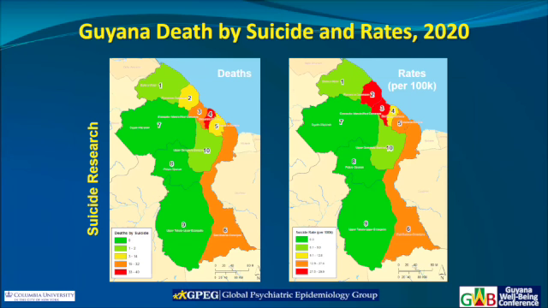So for example, here's suicide deaths in Guyana in 2020. The deaths map shows that region 4, which is where Georgetown is located, has the highest number of cases. That's true. Regions 3 and 6 have the second highest. Regions 2 and 5 have the third highest, and then it's fairly green in the rest of the regions. But if we control for the underlying population and compute a rate per 100,000, we see that things change drastically. Region 4, Georgetown area, is no longer the highest, it's the third highest.